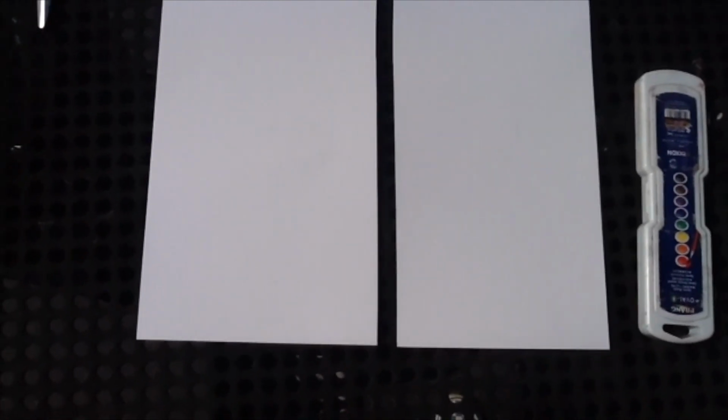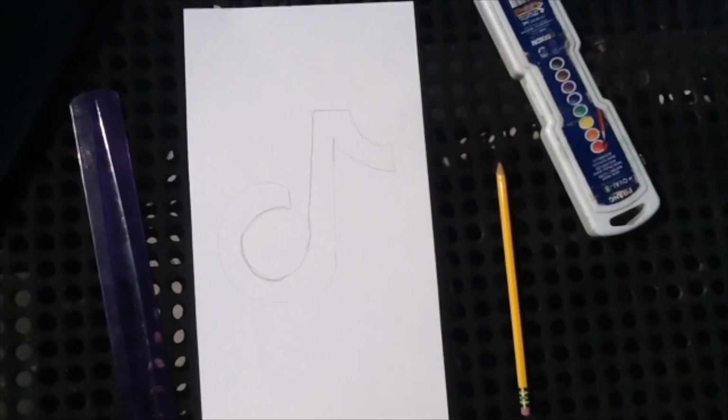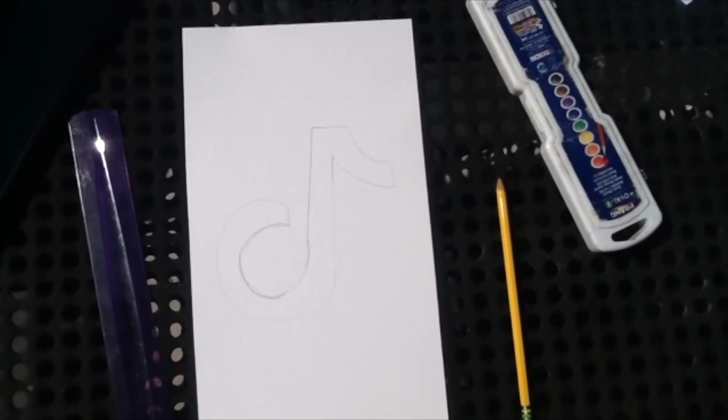Step one is to cut down the middle of your paper. Next, set aside one half of your paper and draw the TikTok sign on the other half. Here are the results. Now make sure to cut out your logo. Here are the results. Now you're going to use this part of the cutout and place it on top of